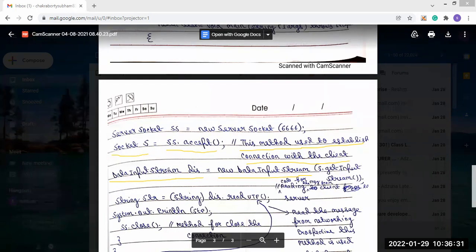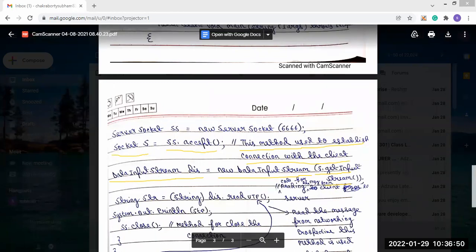dis is the object of the DataInputStream class. As a parameter, you see we have used s.getInputStream. Now s is the socket class object.